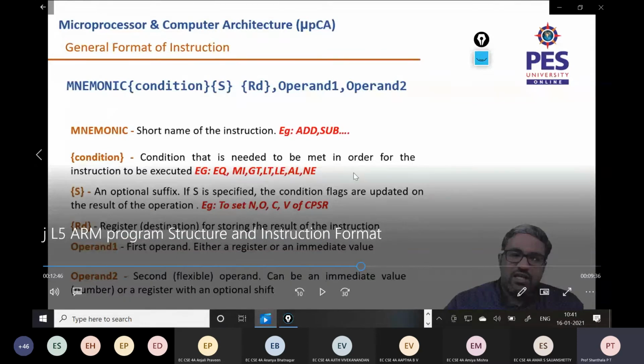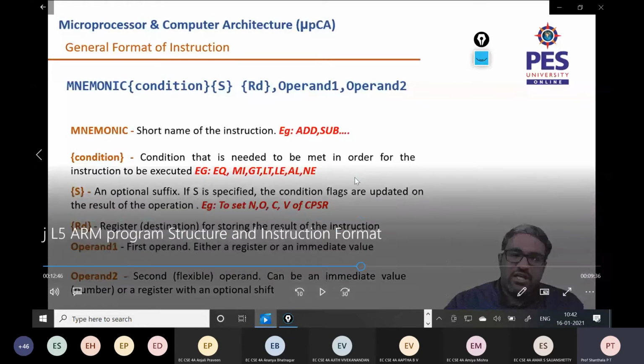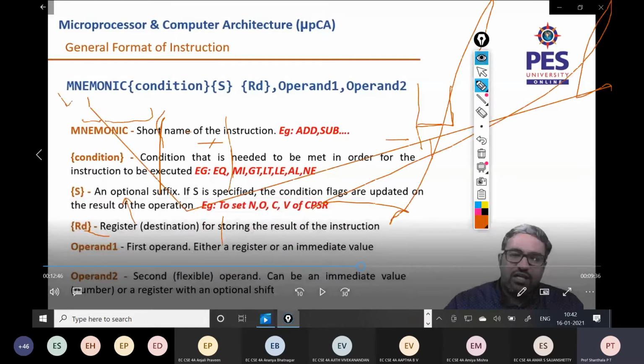In that the top bits 27, 28, 29, 30, 31 are NZCVQ: negative, zero, carry, overflow, then saturation. So those bits are updated if we write the instruction with S. So for example here, suppose I write add